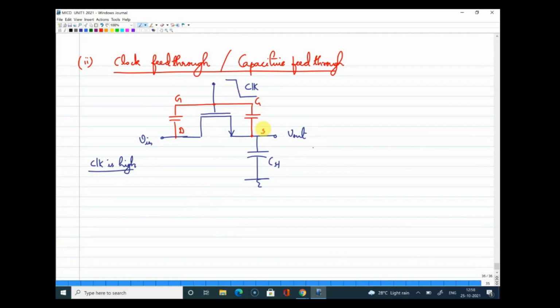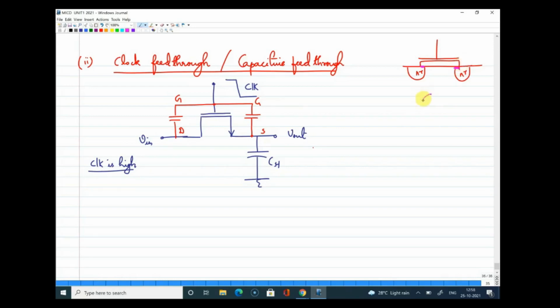Why this happens is because of the structure of the MOSFET, the polysilicon gate process, by the self-aligned process. When we make this MOSFET, you can see that the gate, and if this is the N plus region and this is the N plus region, you will find that there will be a slight overlap here between the gate and source and gate and drain. So this overlap is expressed in terms of overlap capacitance.